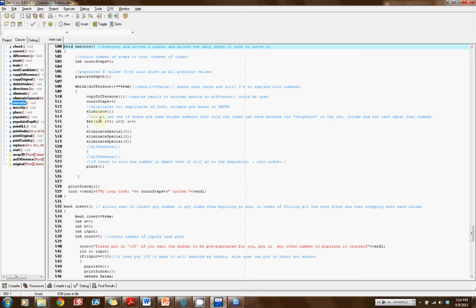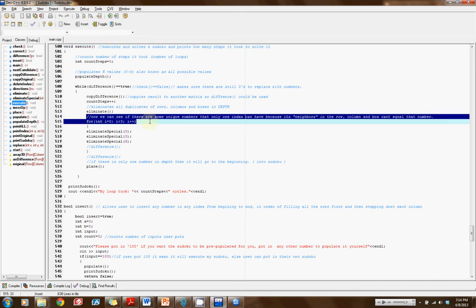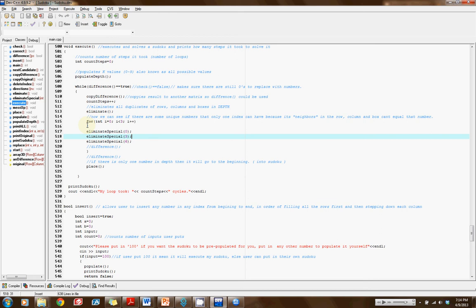Basically it eliminates if the neighbors... I think I'll attempt to explain this a little bit later. But this basically eliminates more numbers that index can't be. And then it places, or place is a function where